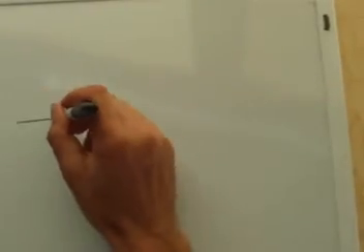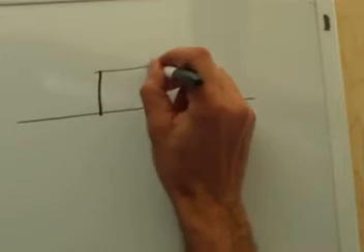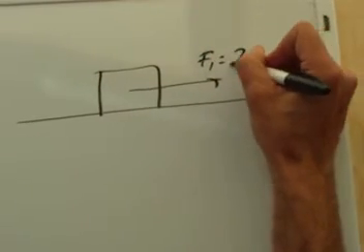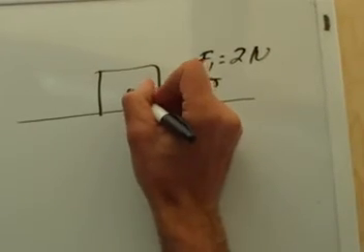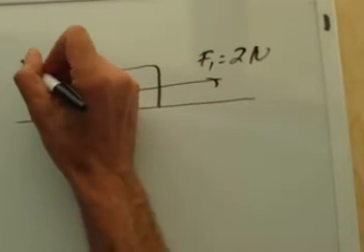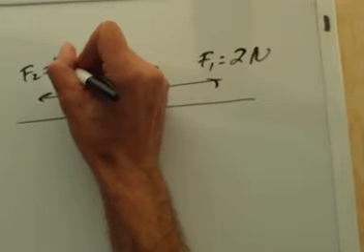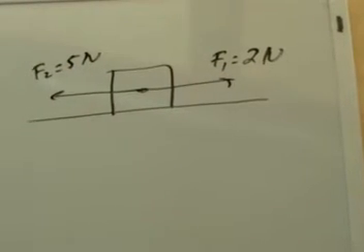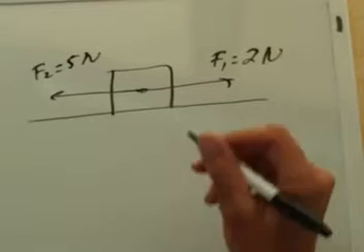Let's go back to a box then. So here's that same box on a flat surface, and let's say there's a force pulling this way, say a force of 2 newtons. So the same child is pulling that way with 2 newtons. And let's say back this way, someone else is pulling on the box, maybe another kid with a force of 5 newtons. So I think you can tell intuitively that there is a so-called net force